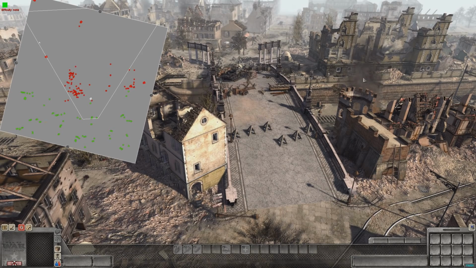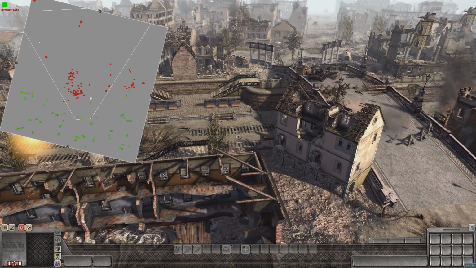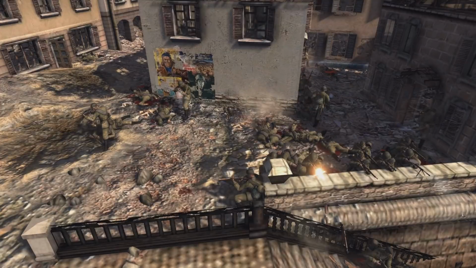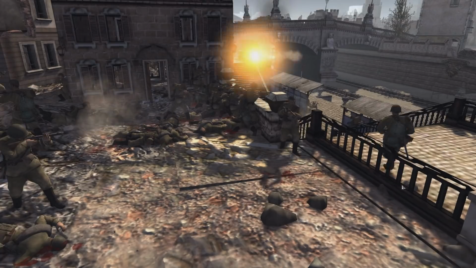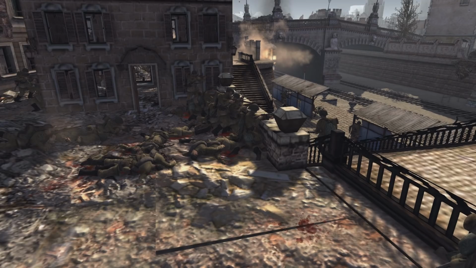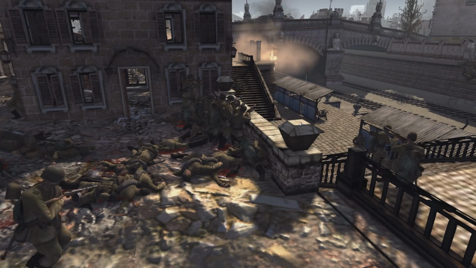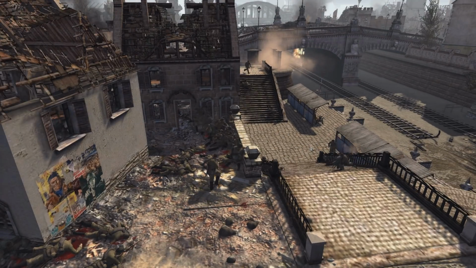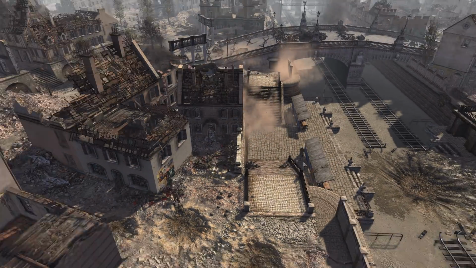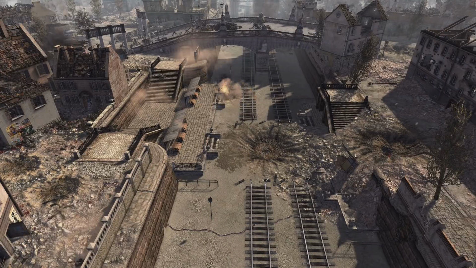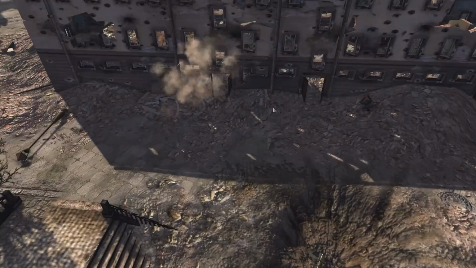How's it looking right now on the minimap? We've got... Ooh, I believe that was a Panzerfaust. Or Panzerschreck. Lots of Russian infantry around here. Ura, tavarish! I'm going to see if I can get us a cool little screenshot, just for memory's sake. I think we'll hold off with that for a while. We've got more Russians coming down. It looks like they're going to try and cross over here.